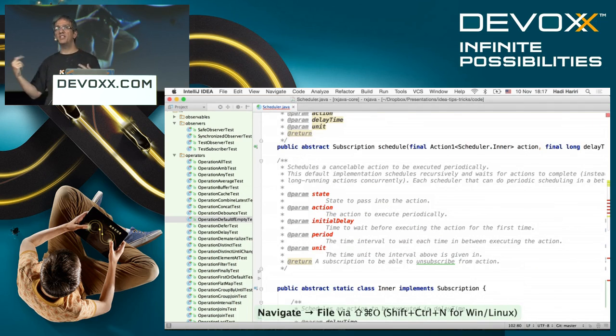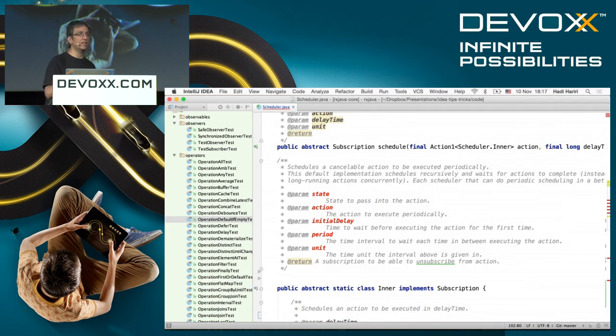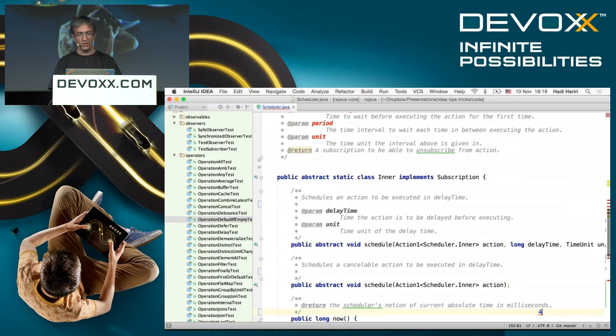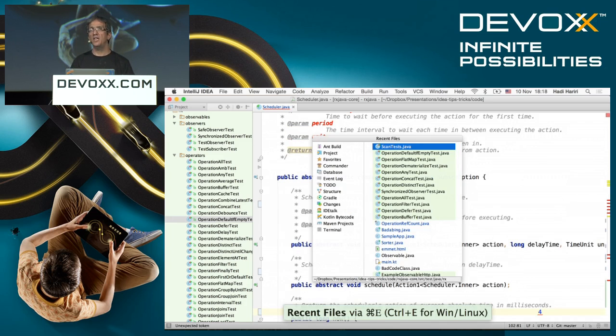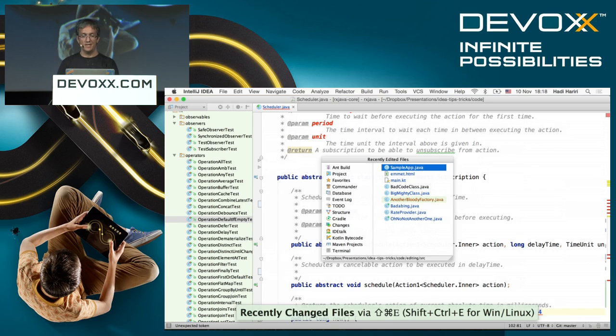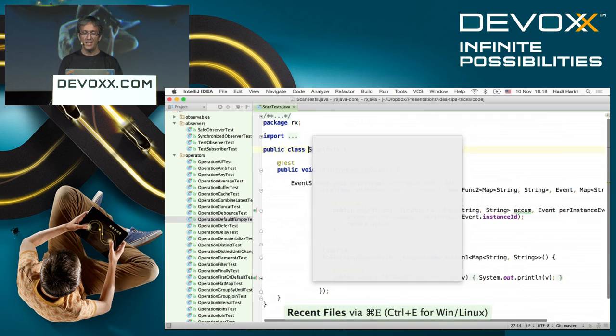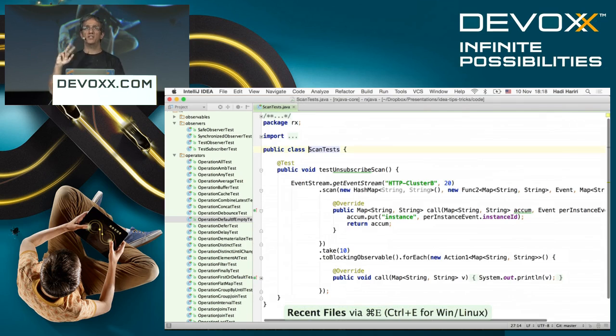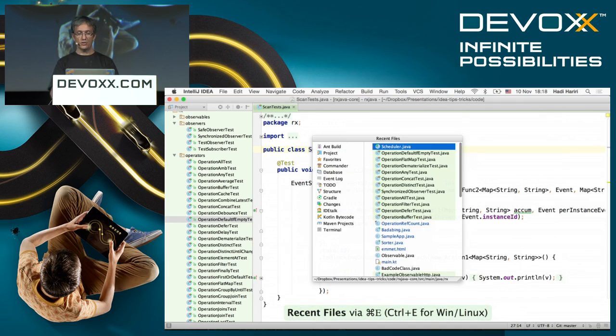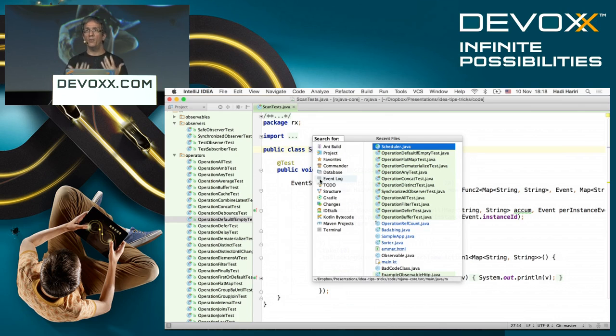If you want to go to the recent tab that you just were editing, because a lot of times when you're working on two files, right? You don't want to switch back and forth with tabs. What you do is you press Control E. Okay? Control E provides you with the recent files. Shift Control E provides you with the recent edits. And it's smart enough that it alternates between the two last files that you've opened. And here you can also do tests, you can do searches, and you can also go to a window. So you don't need tabs.